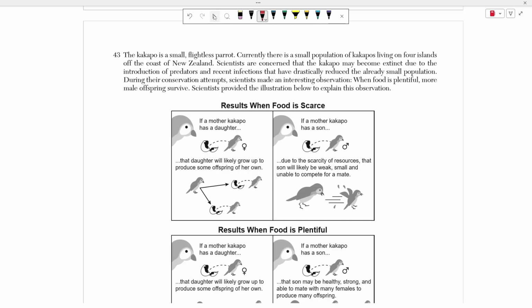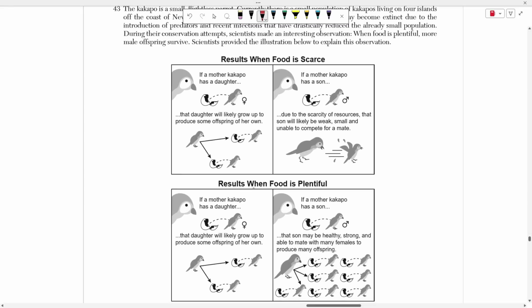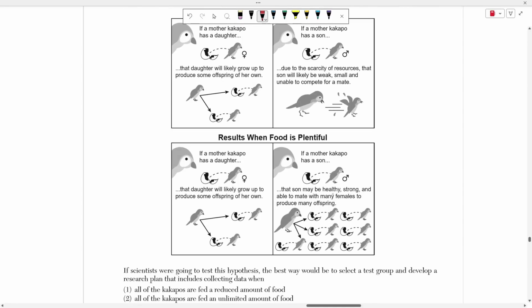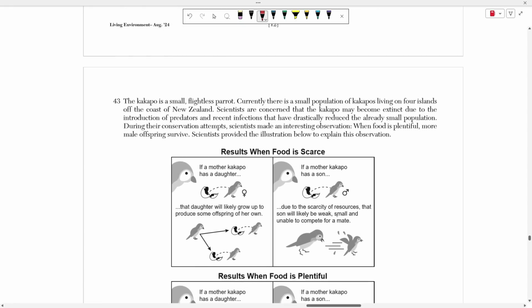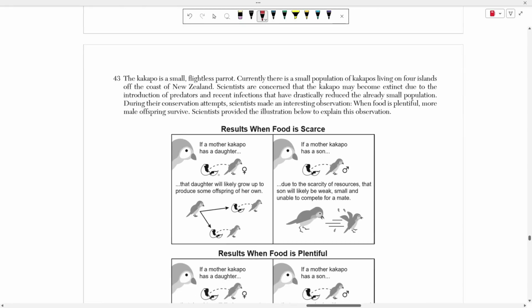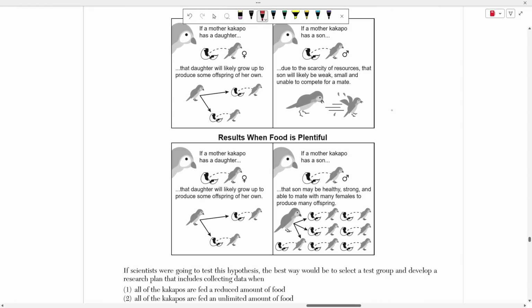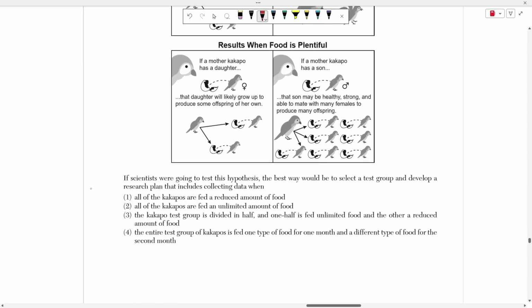So when food is scarce, due to the scarcity of resources, that son will be weak and unable to compete for a mate. Okay? So he is kicked out by another stronger male when the food is scarce. When the food is plentiful, that son may be healthy and strong and able to mate with many females to produce many offspring. Okay? So when the food is plentiful, more male offspring survive because they are stronger and won't be overcompeted for food and a mate. Right, so if scientists were going to test this hypothesis, the best way would be to select a